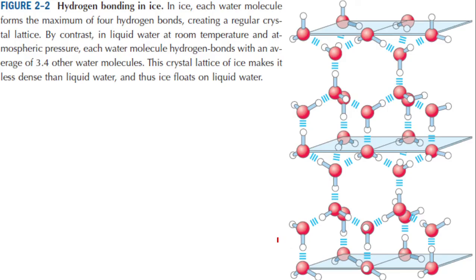You can see here hydrogen bonding in the ice lattice. You can see here oxygen and hydrogen bonding is there. Just try to understand from this figure with how many water molecules any given water molecule is establishing hydrogen bonds. Also try to understand from which textbook this figure is taken. You have this textbook with you actually.